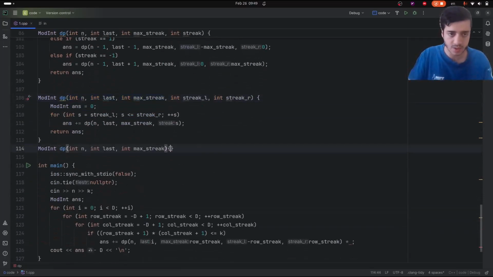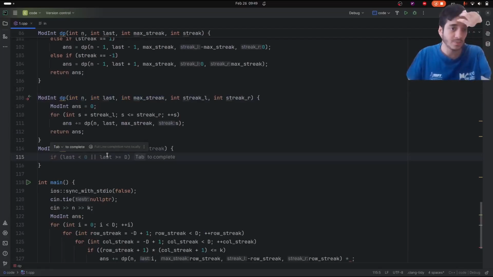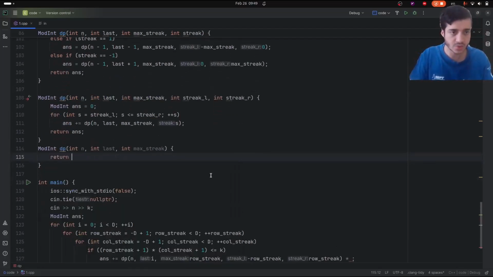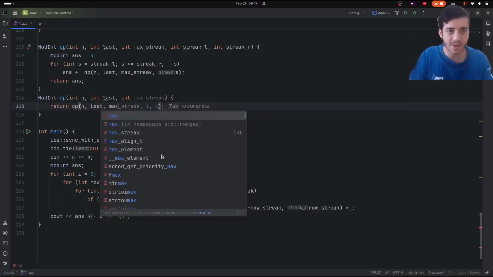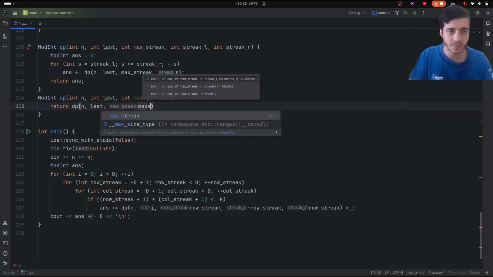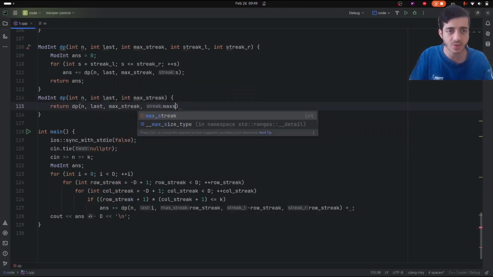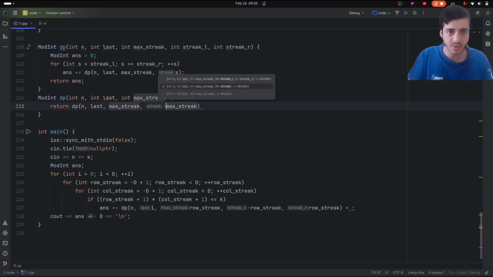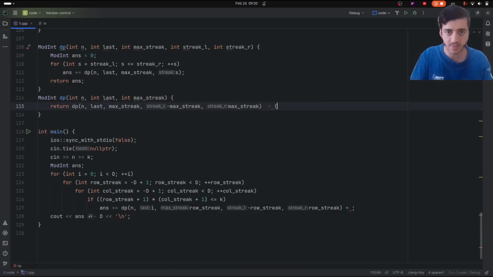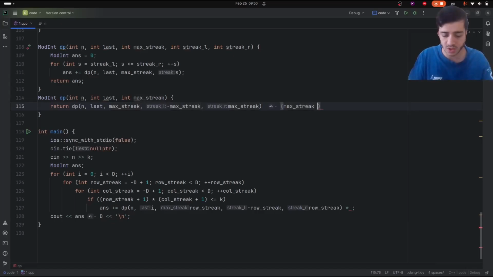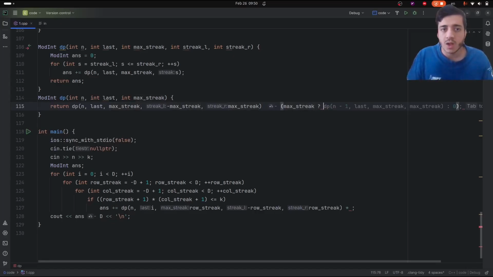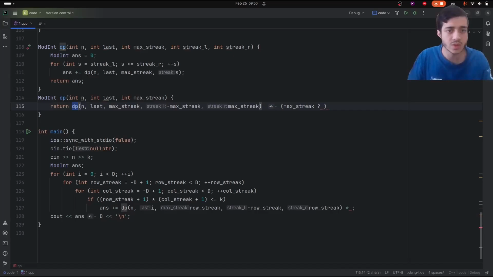This will handle this efficiently for me, and it returns dp in last max streak minus max streak to max streak minus. If max streak is not 0, I will do the same,